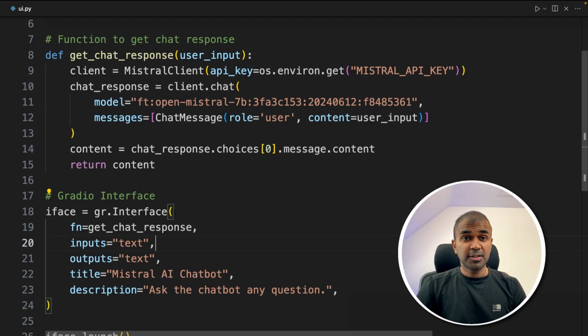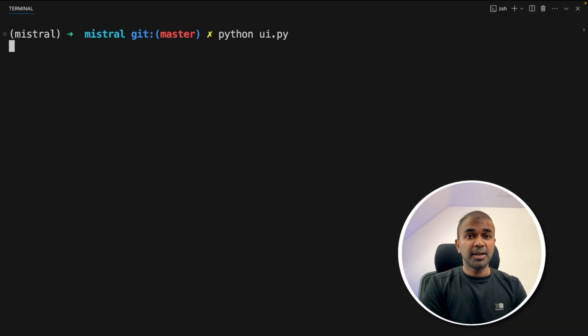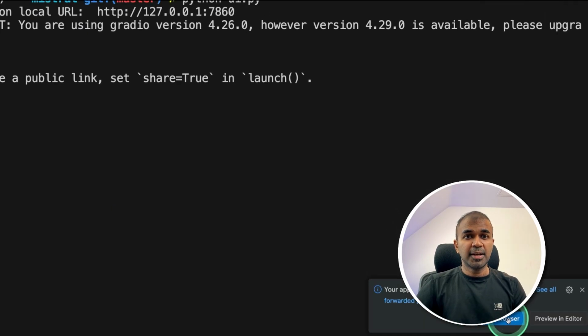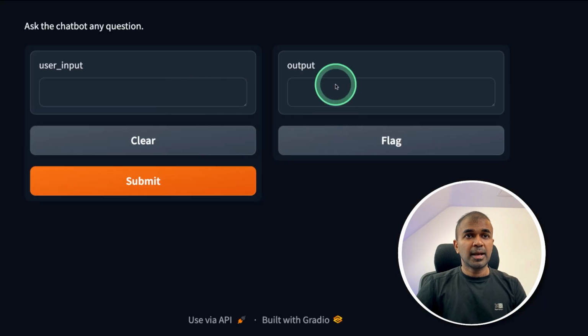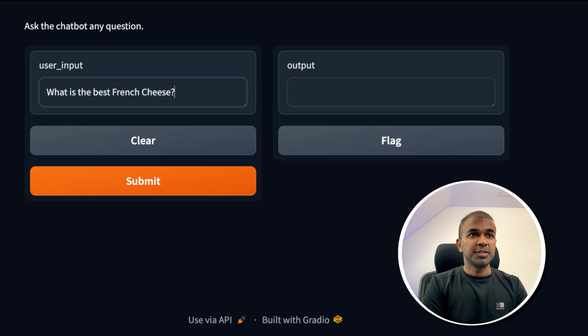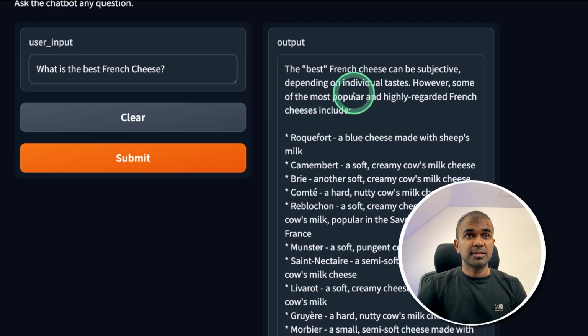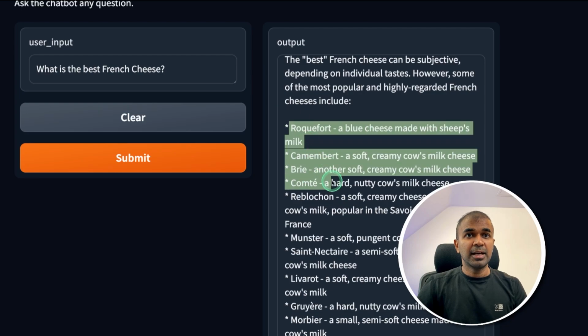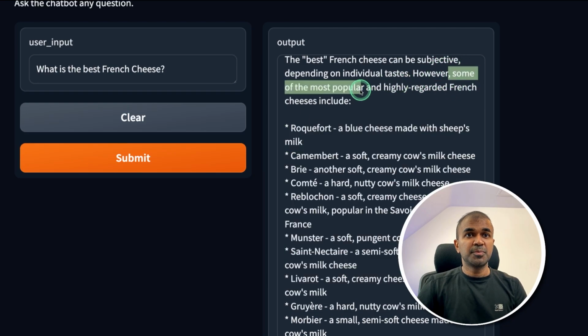Now I'm going to run this code. In your terminal, python ui.py and then press enter. Now I can open that in the browser, clicking that, and here is the user interface. What is the best French cheese? And here is the response. The best French cheese can be subjective, and it's giving me a list which are some of the most popular,